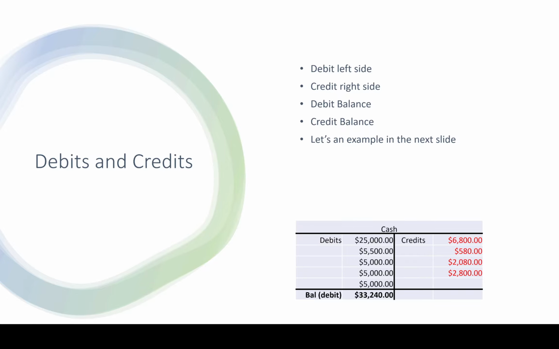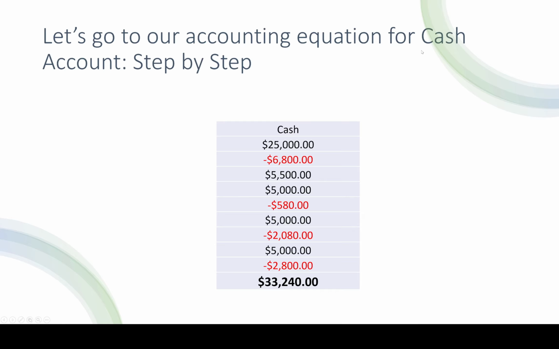So let's go step by step for cash accounts. If you remember the tutorials on the accounting equation, we had a case study with several transactions on cash: cash inflows of $25,000, cash outflows of $6,800, cash inflows of $5,500, and then $5,000, then cash outflows of $580, then cash inflows of $5,000, then cash outflows of $2,080, then cash inflows of $5,000, and eventually cash outflows of $2,800. If you sum all of these, it will give us